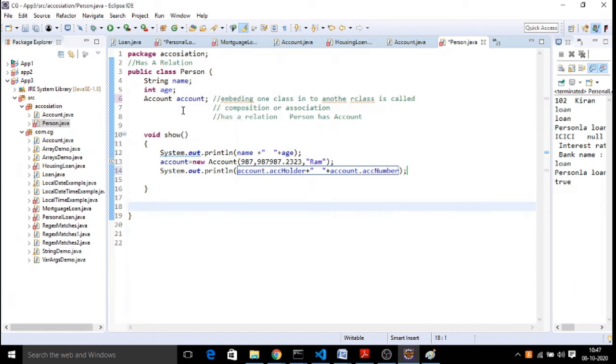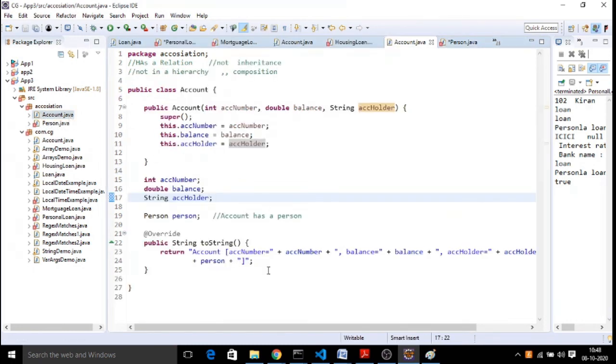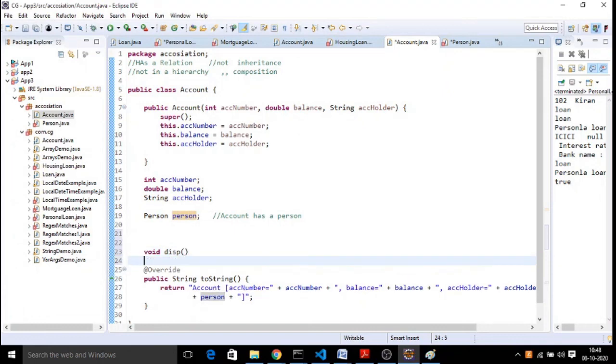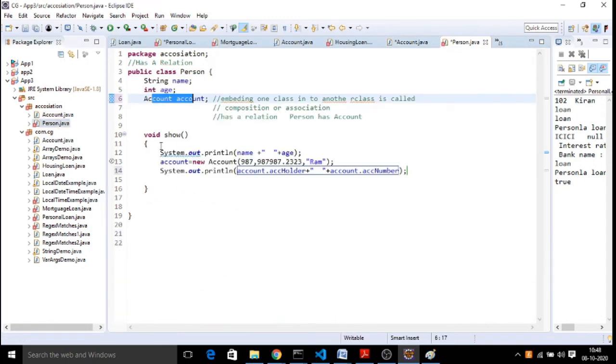Similarly, here in a person you are creating an account object, you are using it. Again, in the account, you can create a person object and you can use it. This is the person object. So let me create a function here called disp. In this disp, I wanted to create my person object. How do I create it? Simply by using a constructor, you can pass your data and create it with all the details.